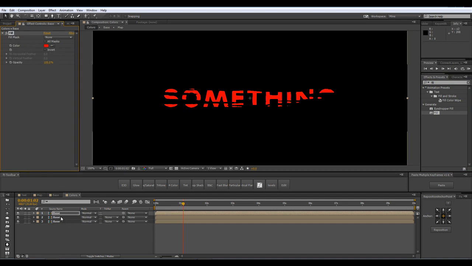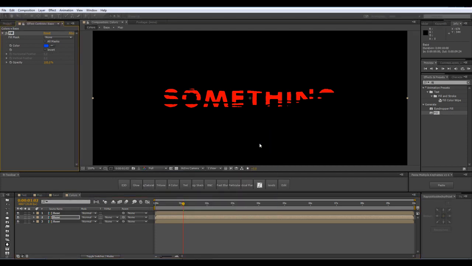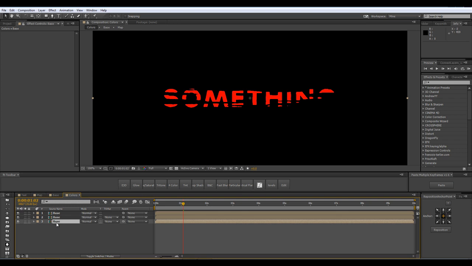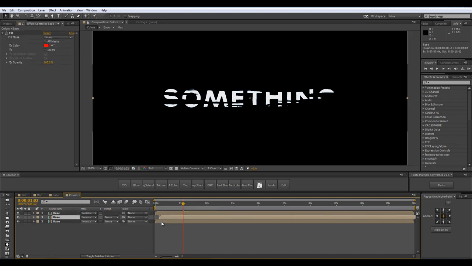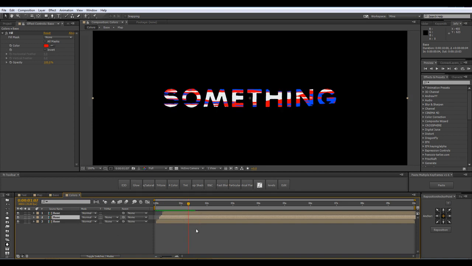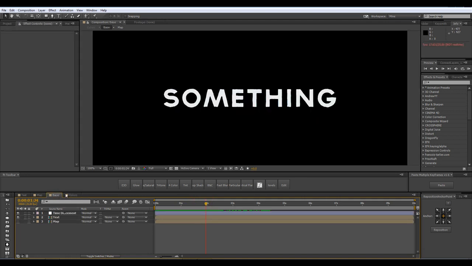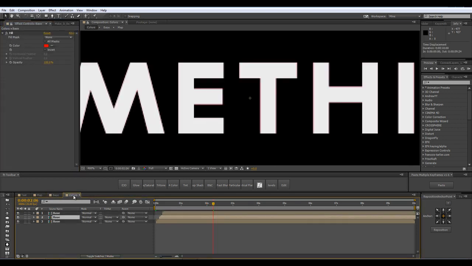Now Ctrl C to copy it and paste it onto another layer. I'm going to change the second copy to be blue, and now take the last layer, which is the one without the fill effect, and place it on top of the stack. Now what I'm going to do is just sequence them a little. So that's the correct order of sequencing, and like this you can see how our text is being revealed from these colors. If you go into your base composition and just for a second turn off the roughen edges effect, come back to your colors comp,